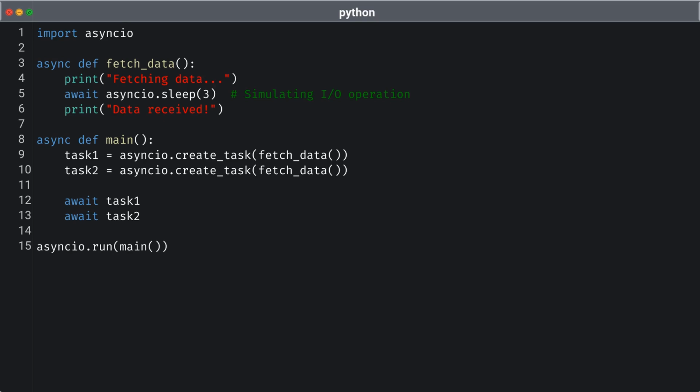Next, we have the main function, where we initiate 2 tasks using Asyncio create task, both calling fetchData. This setup demonstrates concurrent execution of tasks. Instead of waiting for one task to finish before starting the other, both will run simultaneously. By awaiting each task in the main function, we ensure that our program waits for the completion of both before concluding. Finally, we call Asyncio run main to execute our asynchronous main function, effectively managing these I/O-bound operations and optimizing